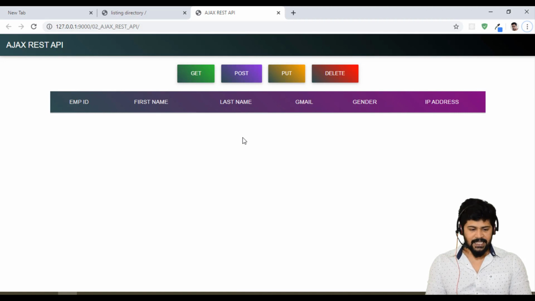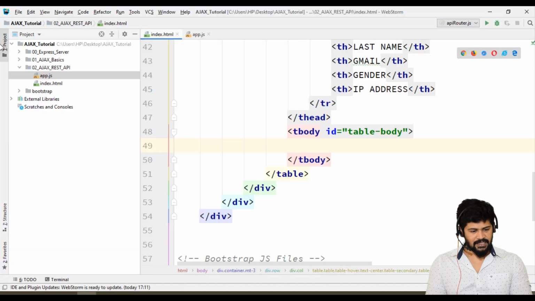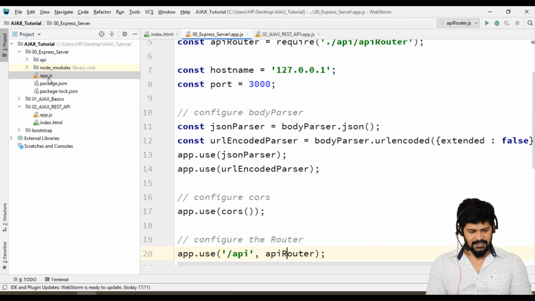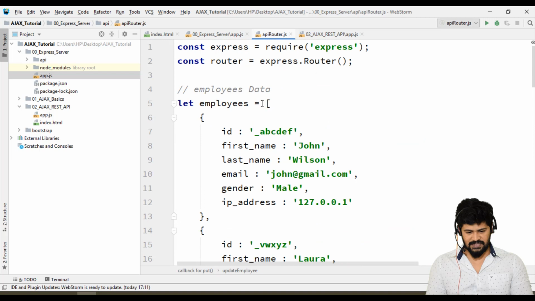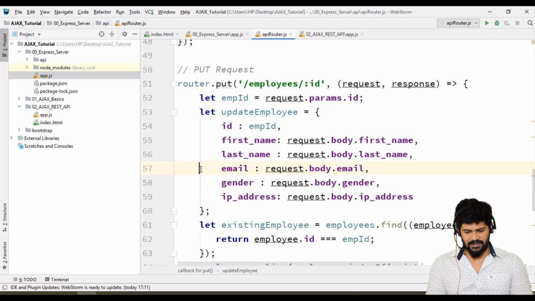Fine. Now let me also start the server, the same server which we tested in the last video. I'm going to start this Express server. I have this folder which contains, I think you know this, right? If you go to API router, this is our server side code which accepts get, post, put requests and all this.